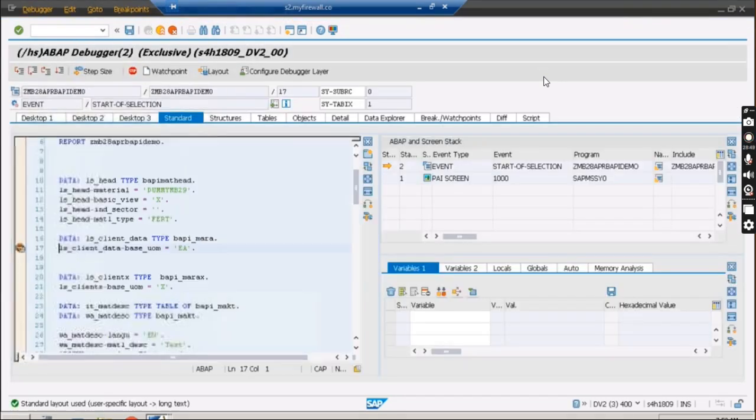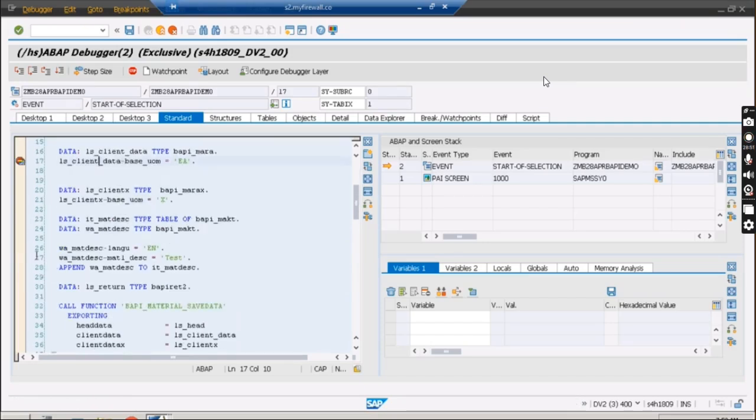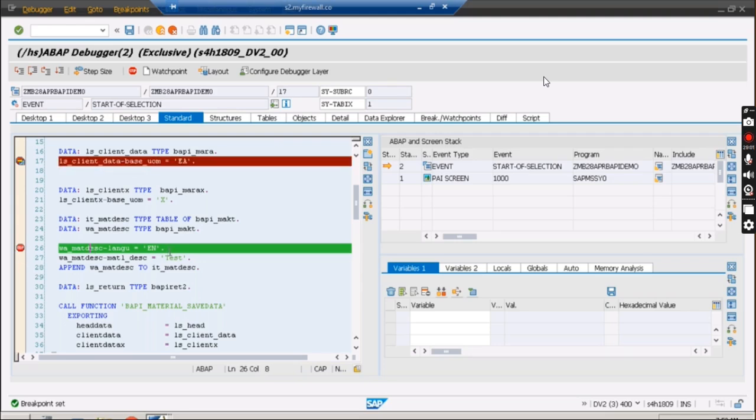The breakpoint which I have put during the debugger session, as soon as we come out of the debugger session, will disappear. It will not be permanent. It will exist only during the debugger session.